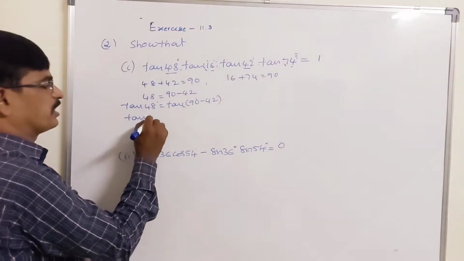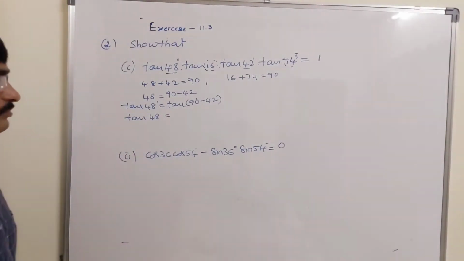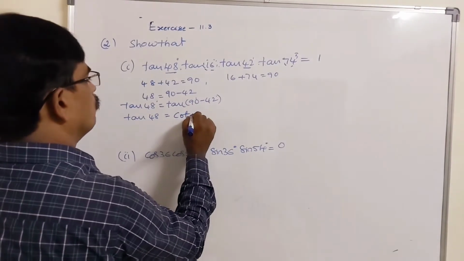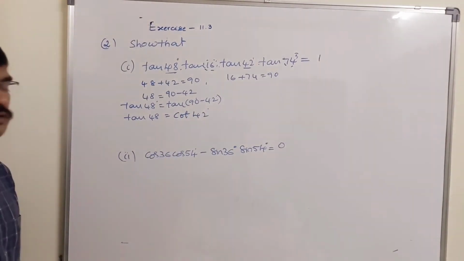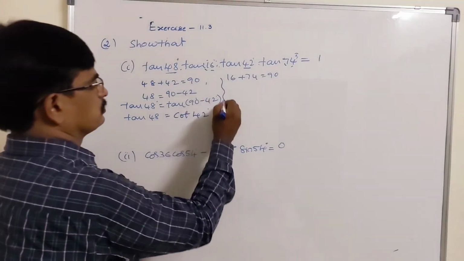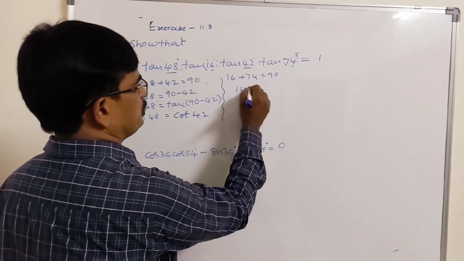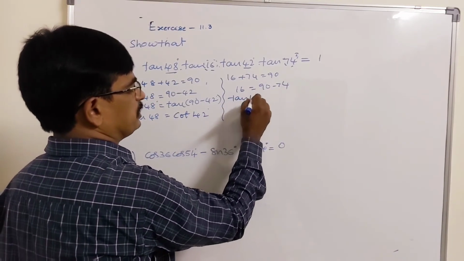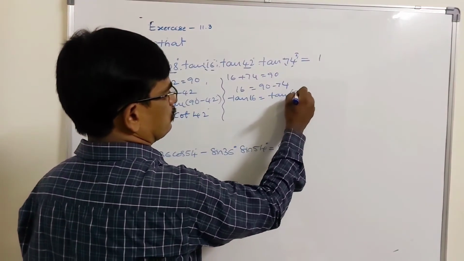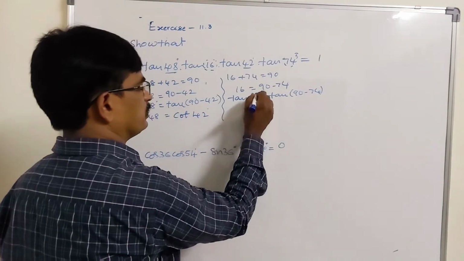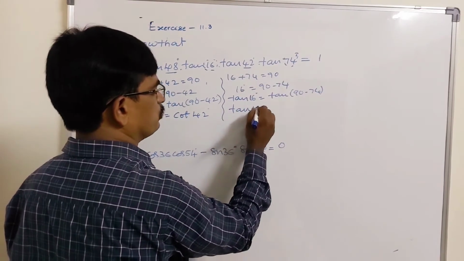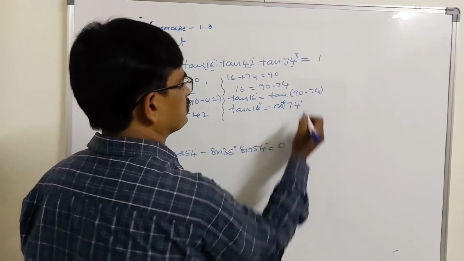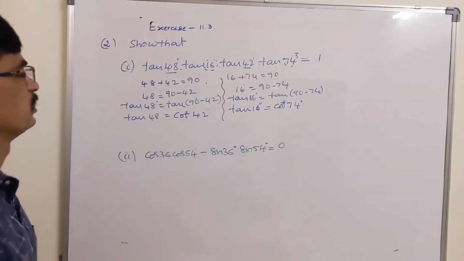Then tan 48 is equal to cot 42 degrees. Cot 42 degrees. Okay, here 16 is equal to 90 minus 74. Apply tan on both sides. Tan 16 degrees is equal to tan of 90 minus 74. Then tan 16 degrees is equal to cot 74 degrees because tan of 90 minus theta is cot theta. Now replace